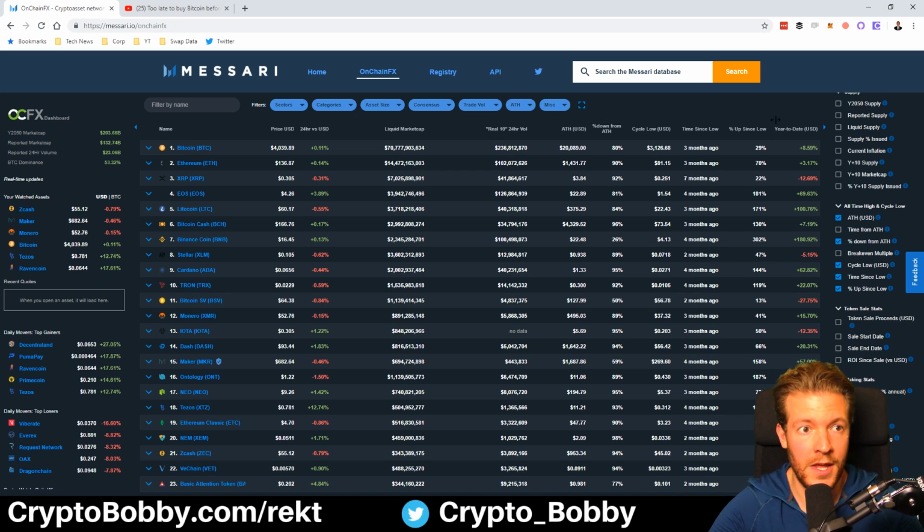You look at Ethereum. Ethereum cycle low at $81. It is up 70% since that low. XRP hit its cycle low 7 months ago. So XRP was actually a little bit of an outlier. It really dipped down hard 7 months or so ago, where the majority of the top assets, the high caps, have cycle lows in the past 2 to 3 to 4 months. XRP was 7 months ago, and XRP is only up about 22%.